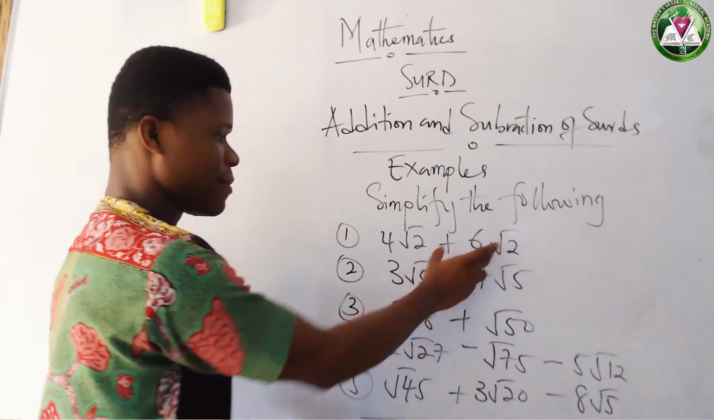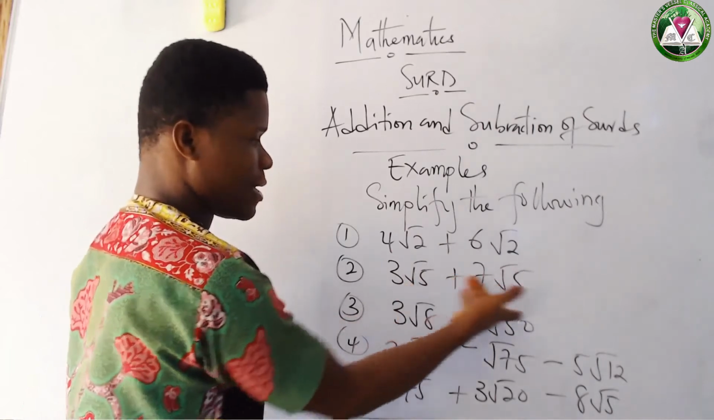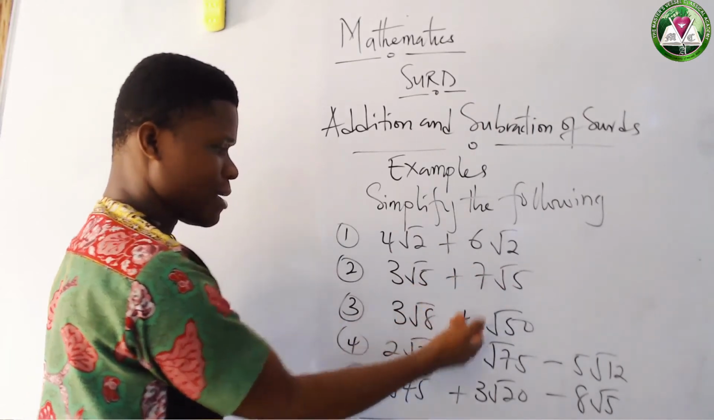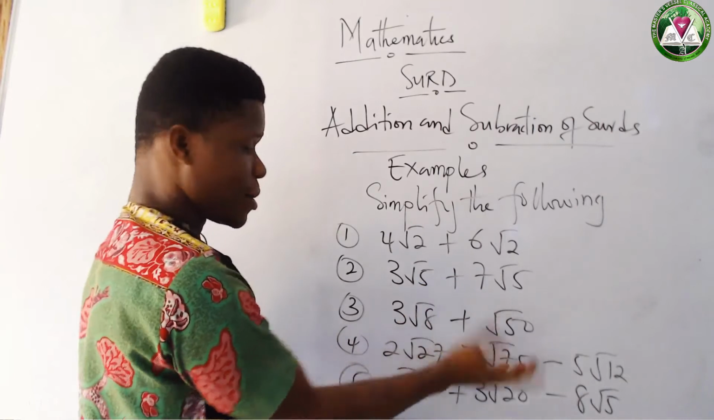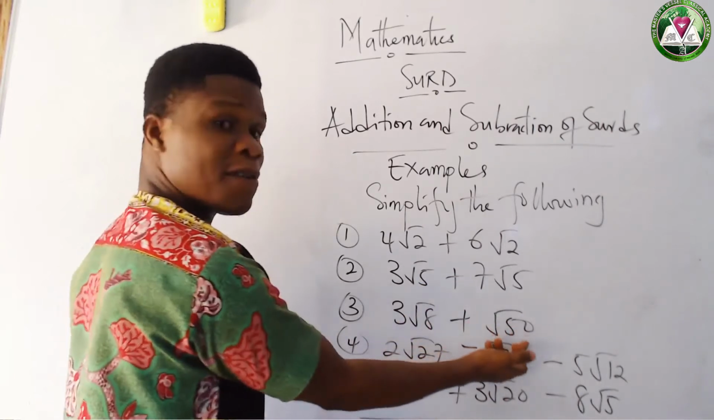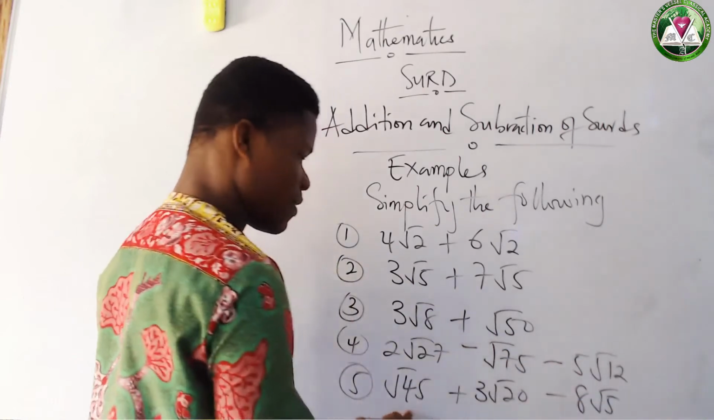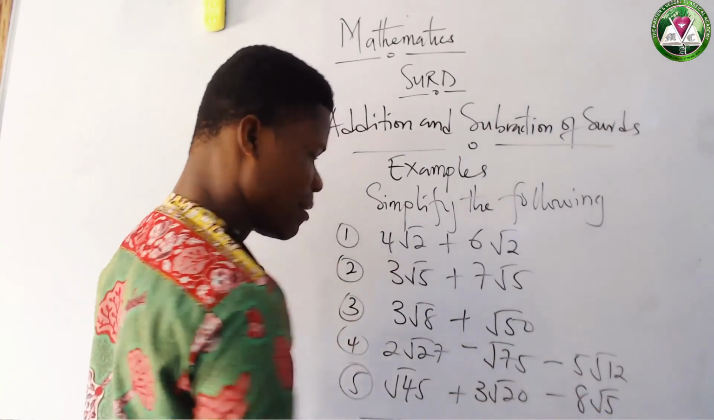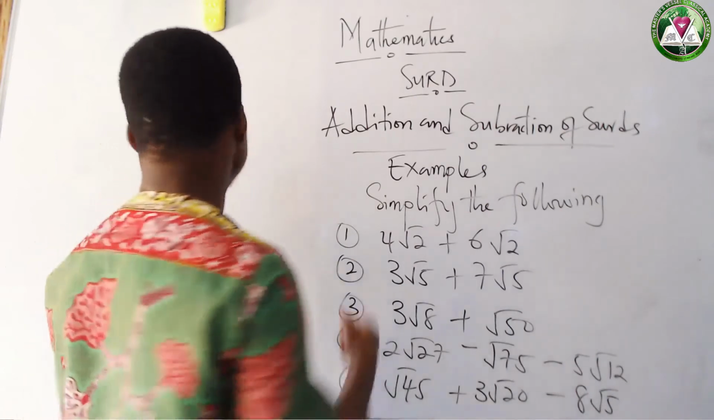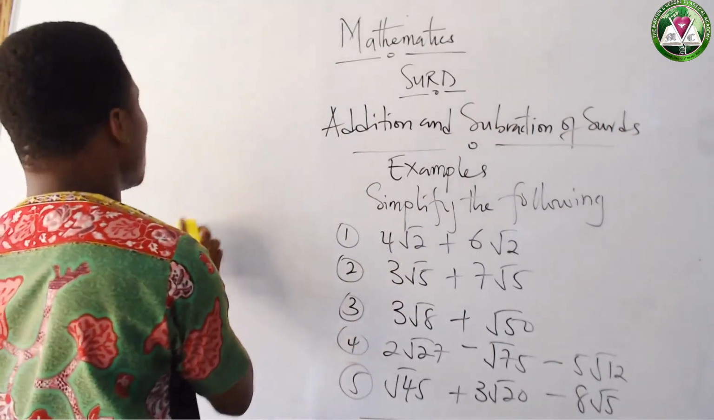So you can add them. Root 5, they are the same like terms in the lowest form, so you can add them. These others will need us to simplify: the 8, the 50, the 27, the 75, the 12, the 45, the 20. Then we can know whether they are like terms or not. So now, trying to solve,